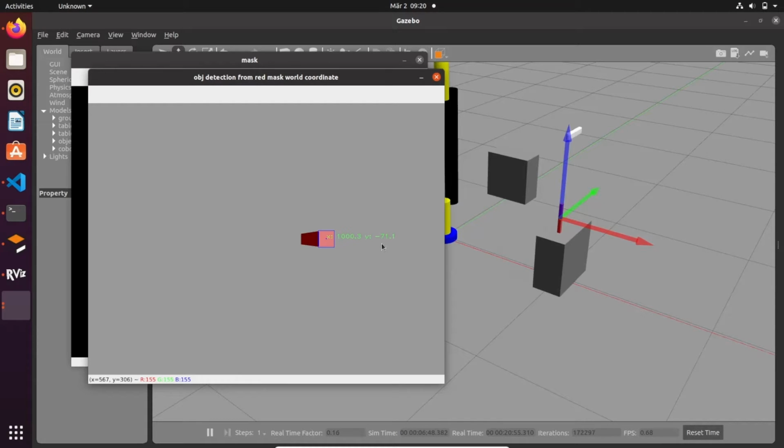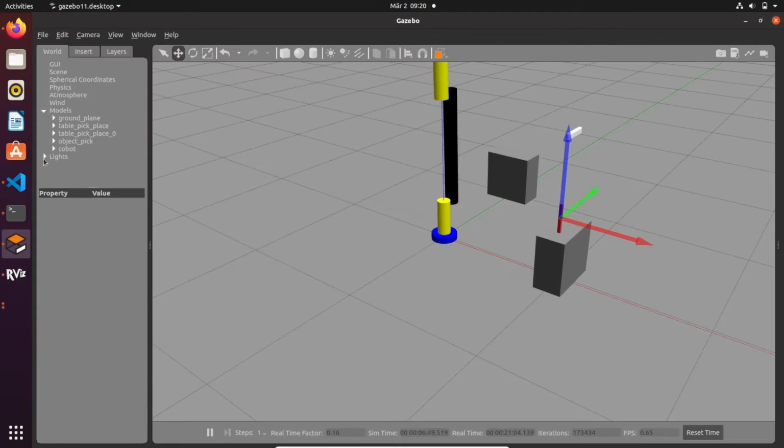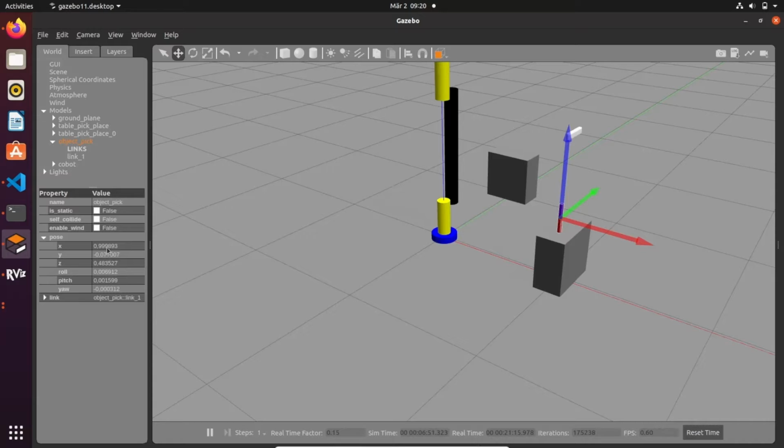Hi Roboticist, today we're going to talk about getting the position of the object that we have created in Gazebo. So we are still continuing our OpenCV Basics for robotics, and you will learn how to get the position of the red object of our simulation environment